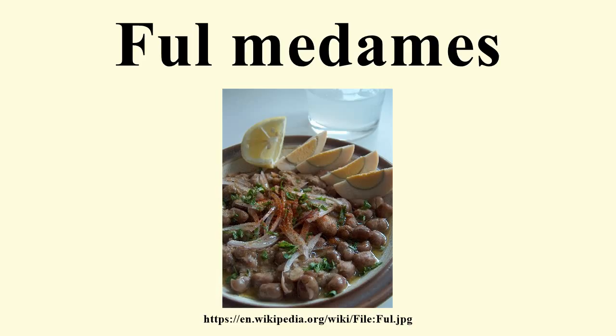Although there are countless ways of embellishing full, the basic recipe remains the same. Once the full is cooked, it is salted and eaten plain or accompanied by olive oil, corn oil, butter, clarified butter, buffalo milk, bechamel sauce, basturma, fried or boiled eggs, tomato sauce, garlic sauce, tahini, fresh lemon juice, or other ingredients. In the Middle Ages, the making of full in Cairo was monopolized by the people living around the Princess